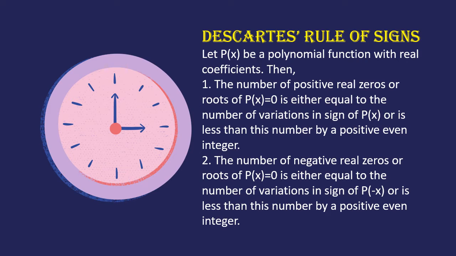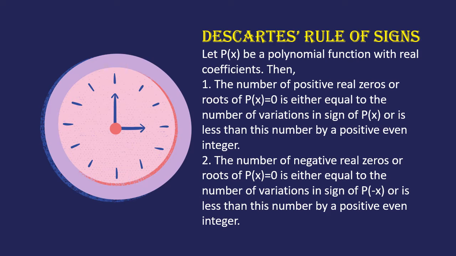Okay, so here's Descartes' rule of signs, wherein we are going to apply the concept about the number of variations in signs. For us to find out the number of positive zeros or positive roots in the given function, we can apply this Descartes' rule of signs. So here, the number of positive real zeros or roots of p of x equals 0 is